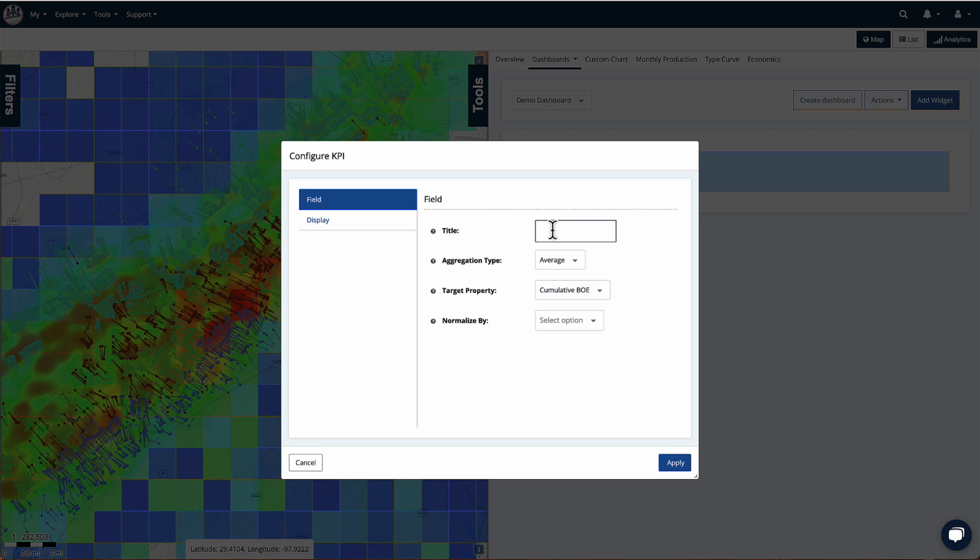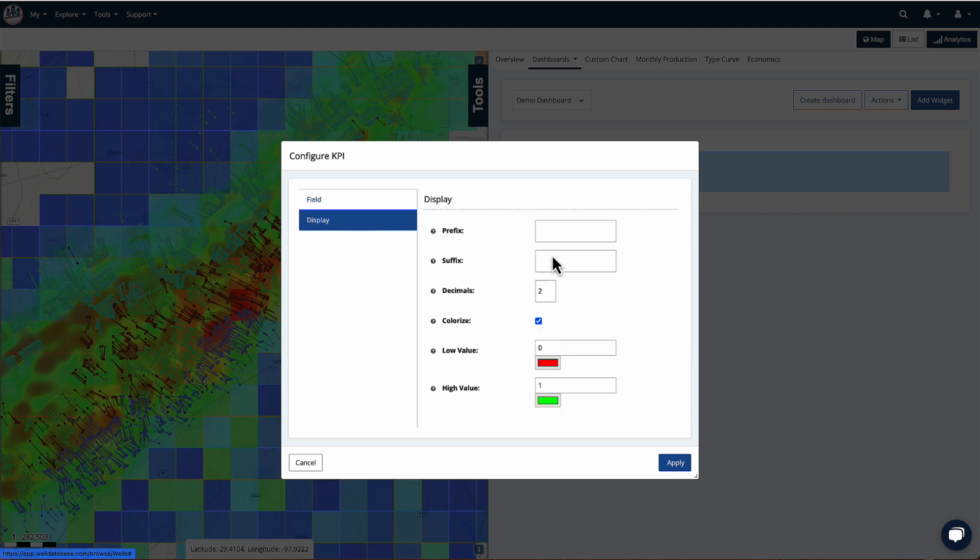I can give it a title, test KPI. I can do average cum BOE. I can normalize that by lateral length, by 1,000 feet. I can give it a prefix. And I can just show you what these look like. Specify, I'm just going to choose 0 decimals, and I can colorize it,